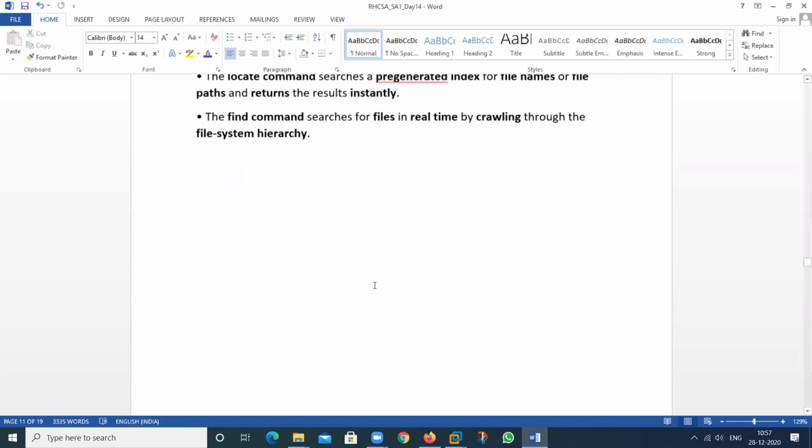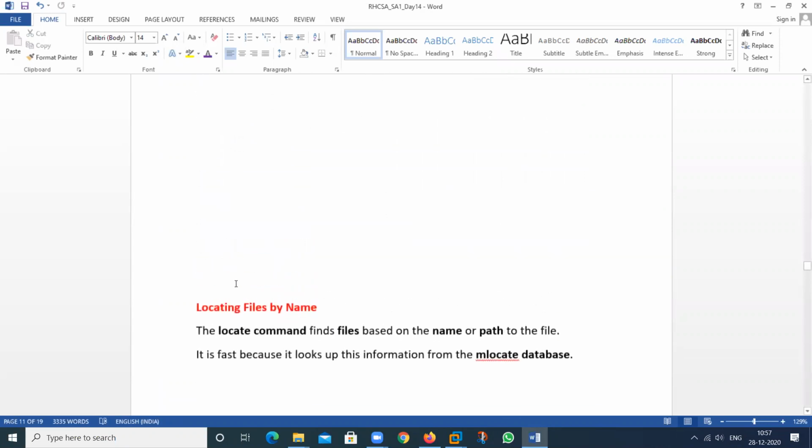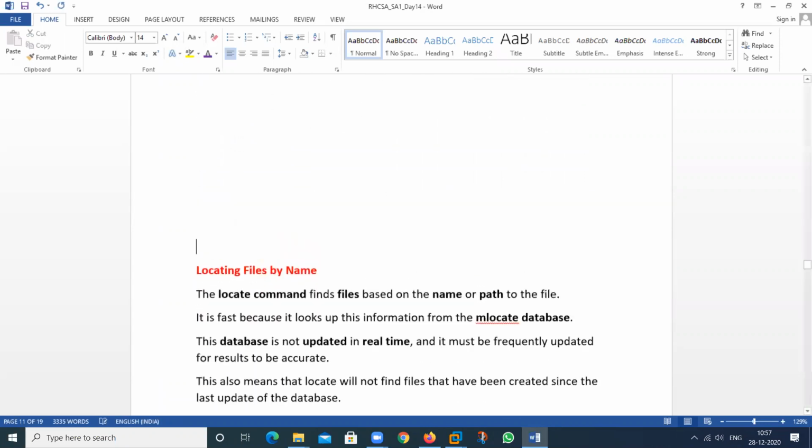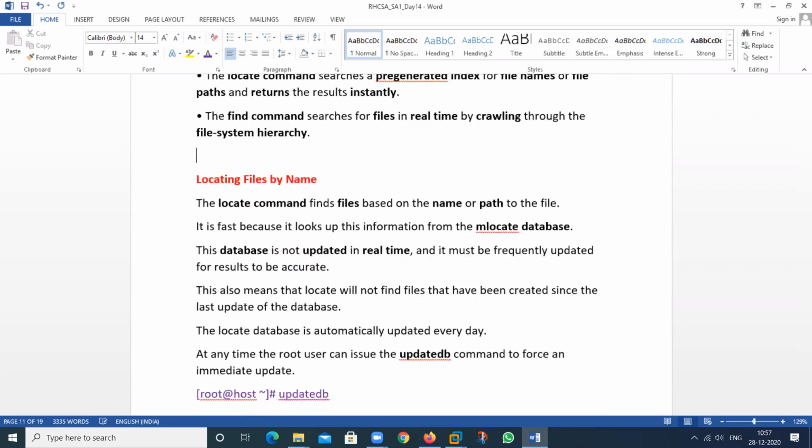These commands are used to search the file location by using the names and by using other criteria. So what are the concepts that we use to locate the files and the folders? I will show just one example, then you can understand this particular concept.